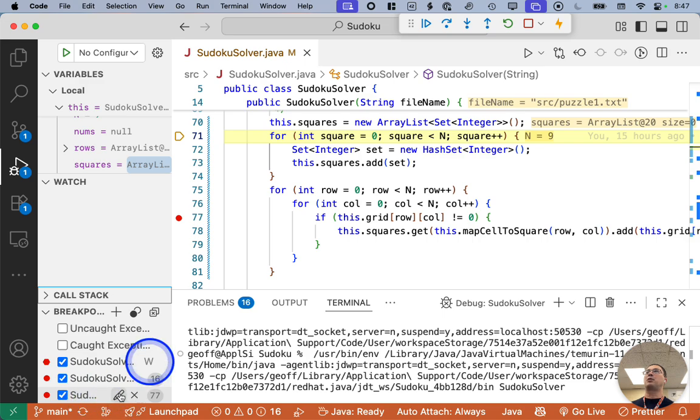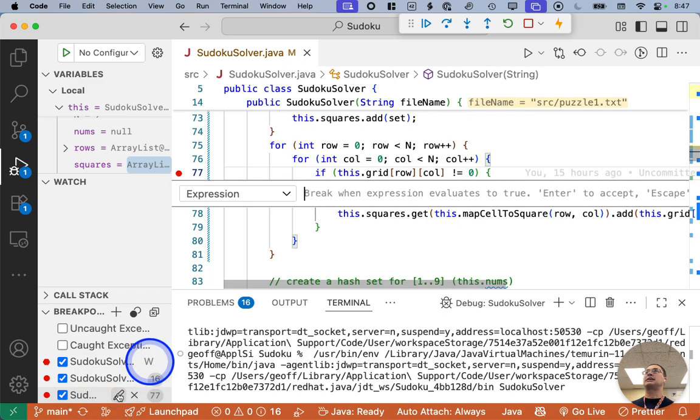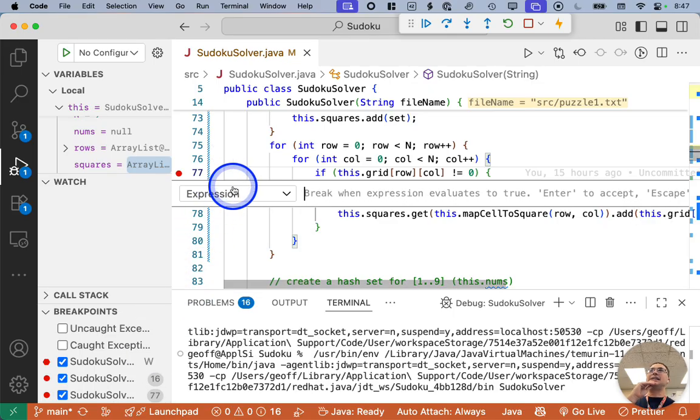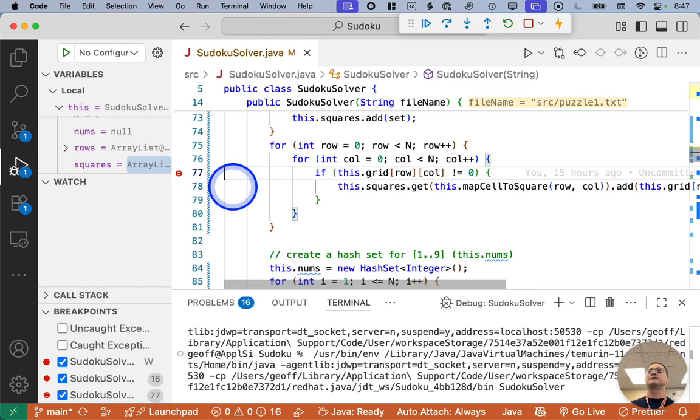So here's my breakpoint at line 77. I can click on the pencil icon, and then I can edit the condition. I can type any expression here, and when the expression is true, the code will pause. And when the expression is false, the code keeps running. So I can say something like row equals 3 and column equals 4 and hit enter. And now if I run this code,